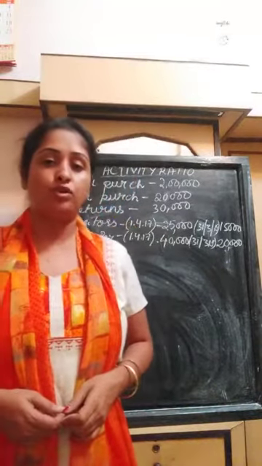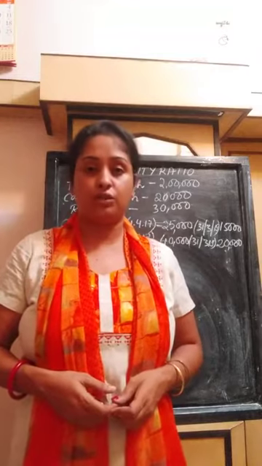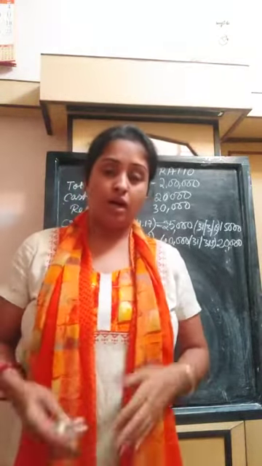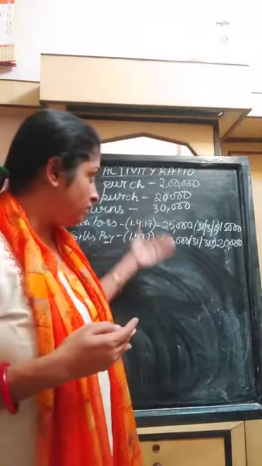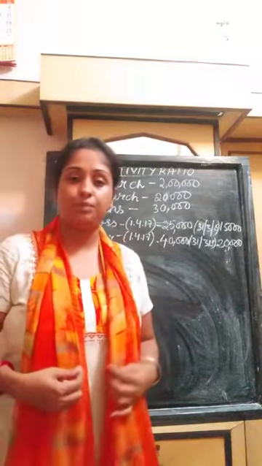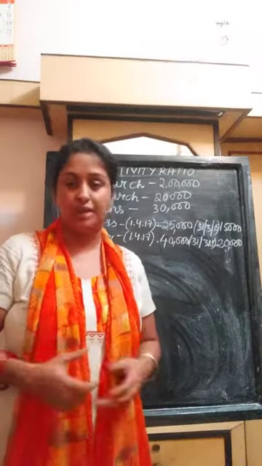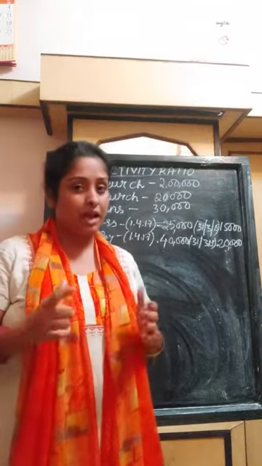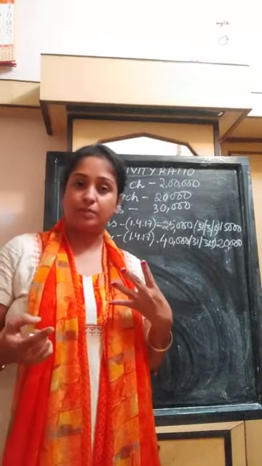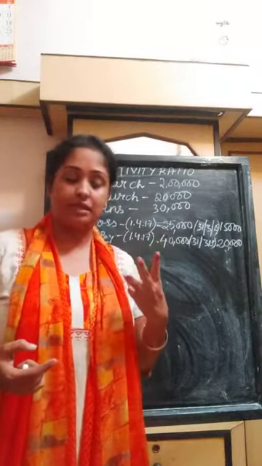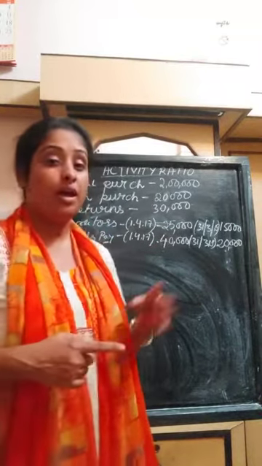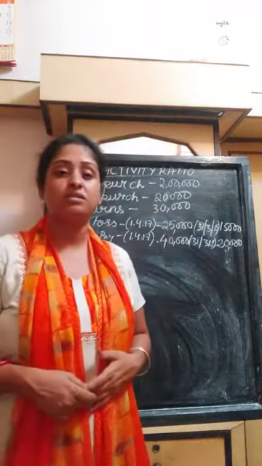In this class I am going to show you the last part of activity ratio, the creditors turnover ratio. With this sum I will end the activity ratio category of the ratio analysis chapter. So this is the last class of activity ratio. There were 4 types of activity ratio. Previously I have explained the 3 important types: stock turnover ratio, debtors turnover ratio and working capital turnover ratio. But in this class I am going to show you the creditors turnover ratio.